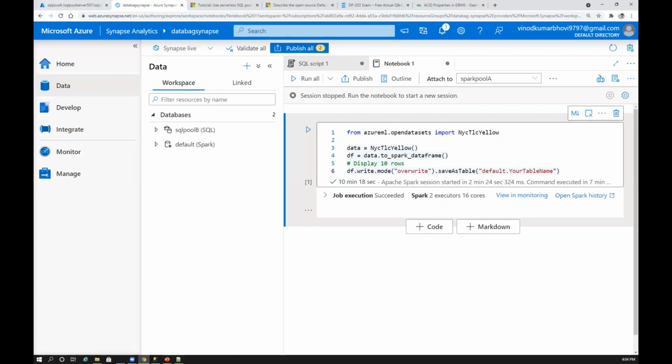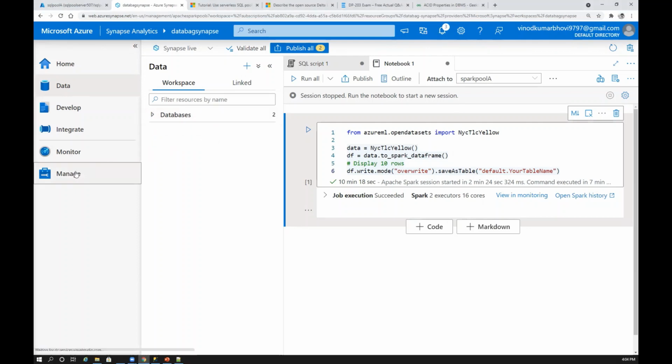So yesterday, if you remember, we created our Synapse workspace, and we went through different modules or components, at least the items within it. And when it comes to data, you have Workspace and Linked. Within Workspace, you have a list of databases. But yesterday it was 0 because there were no databases.